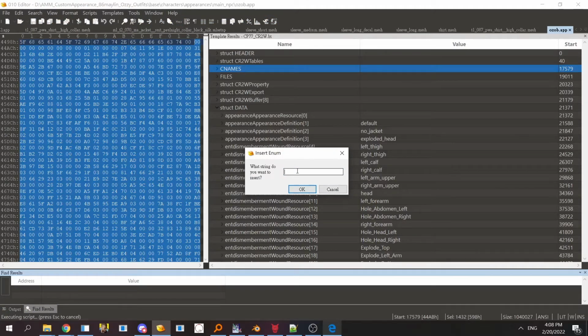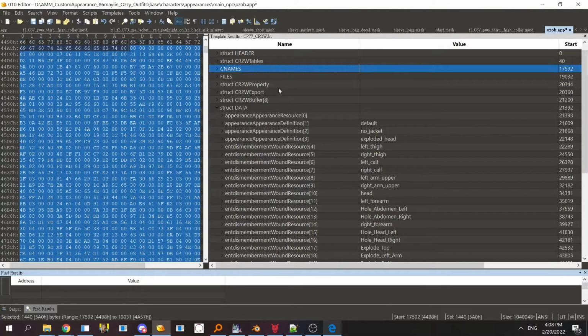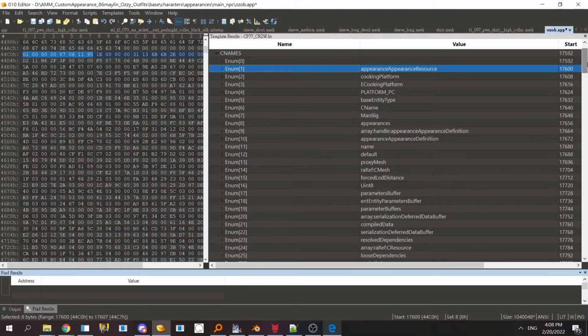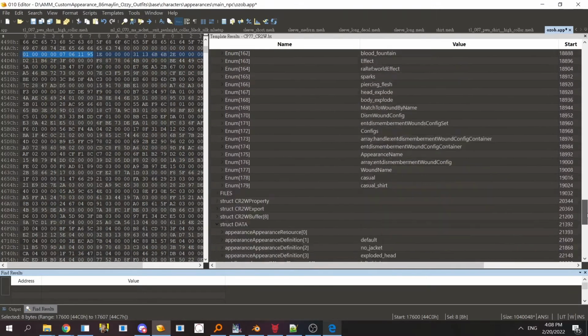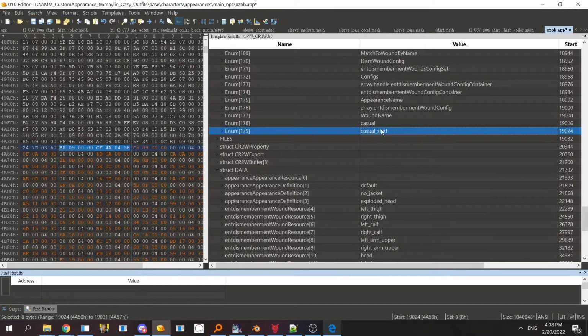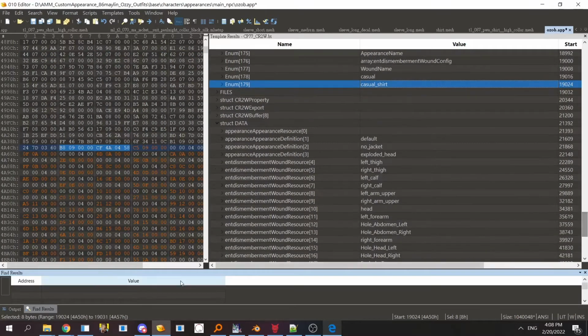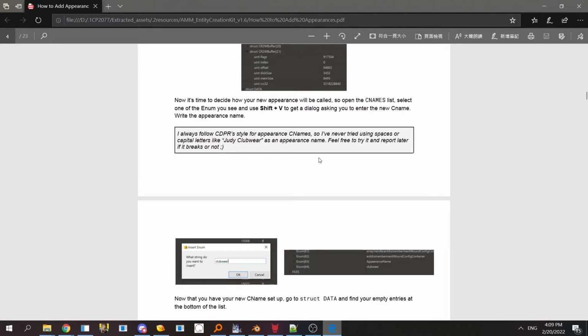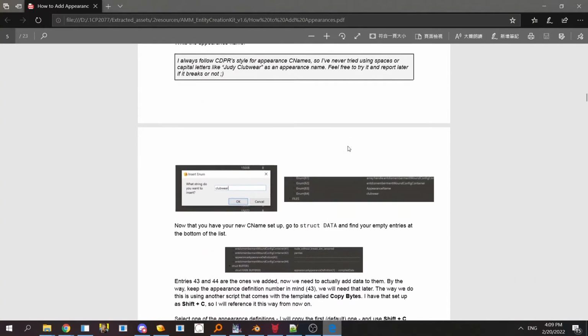I will call it casual. Wait, actually, I forgot what I wanted to call it. Casual shirt, yeah. Now, let's scroll down all the way to the bottom. You can see casual shirt is now added. Okay. The number is 179. We will remember for later. Okay,